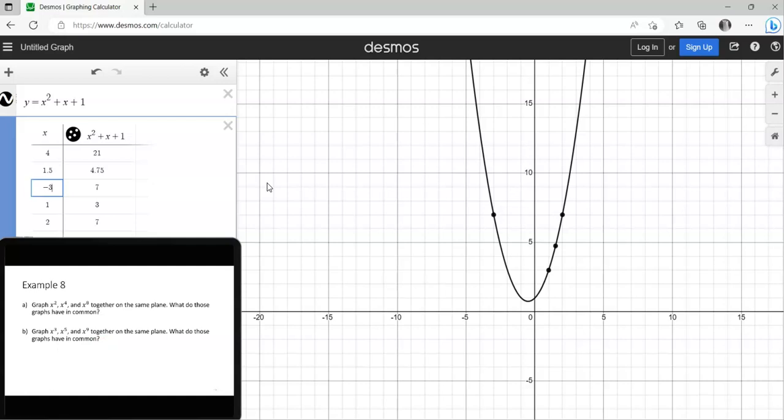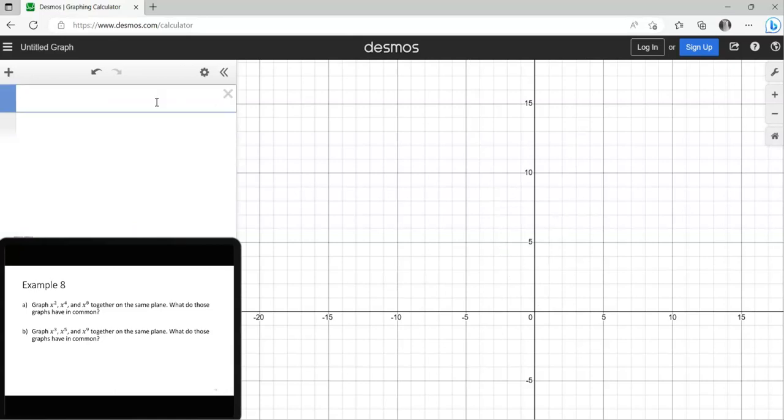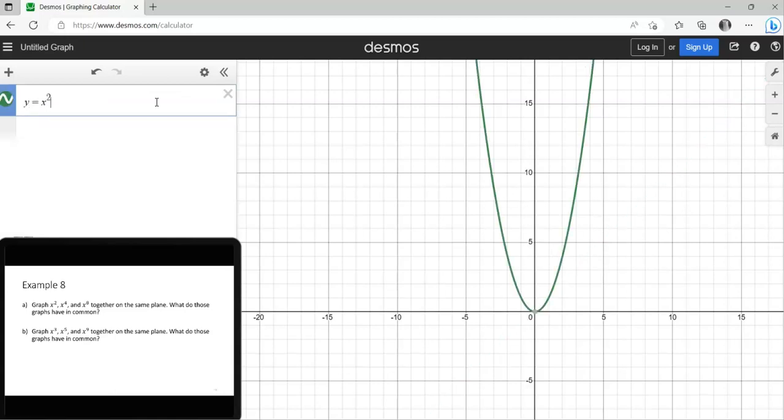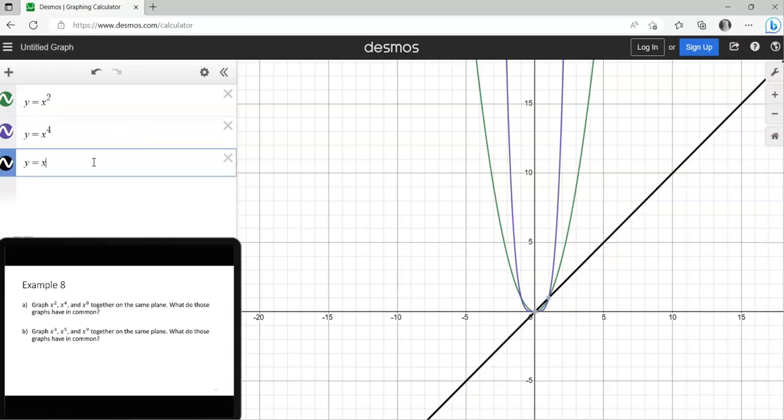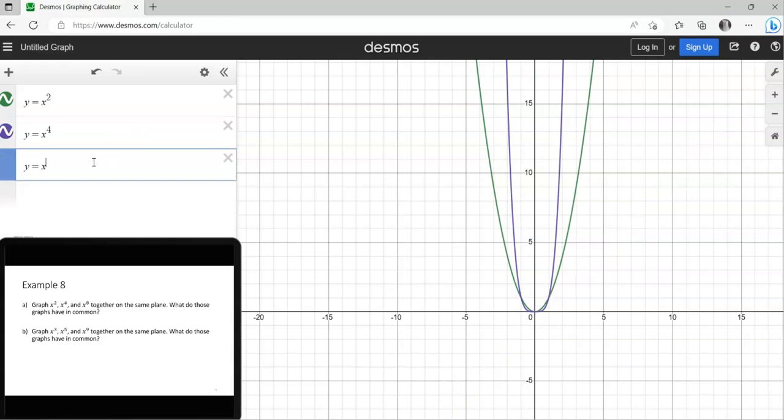Right. What if we want to graph, say, just try graphing x squared, x to the 4th, and x to the 8th, and see what they have in common. So y equals x squared, y equals x to the 4th, and y equal to x to the 8th. And you can see these all have this